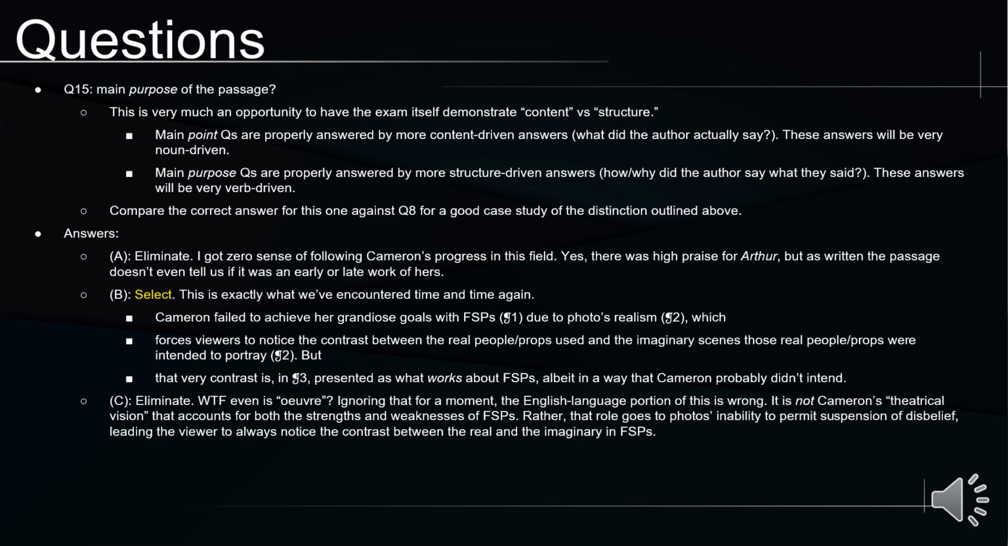It is not Cameron's theatrical vision that accounts for both the strengths and weaknesses of FSPs. Rather, that role goes to photography's inability to permit suspension of disbelief, leading the viewer to always notice that dissonance between the real and the imaginary in FSPs. We can't really get lost in the picture. We see that we have a grumpy baby who is trying to be Jesus, clearly is not baby Jesus, that sort of